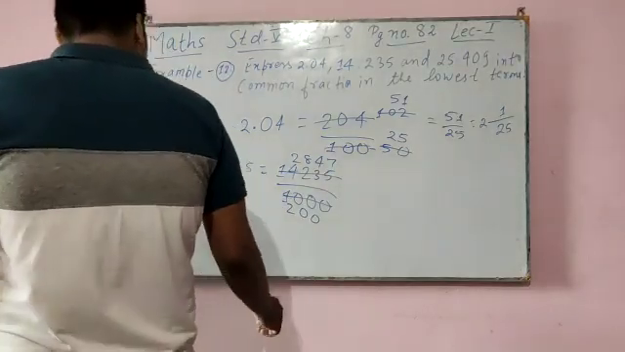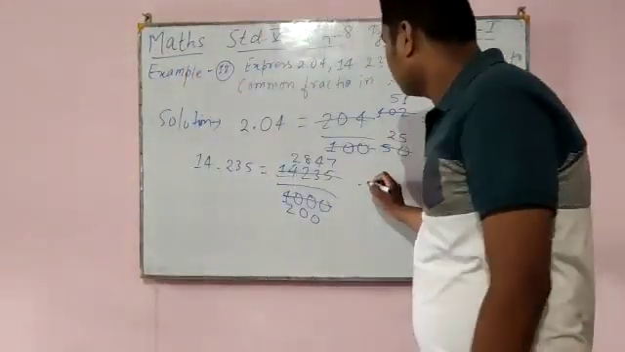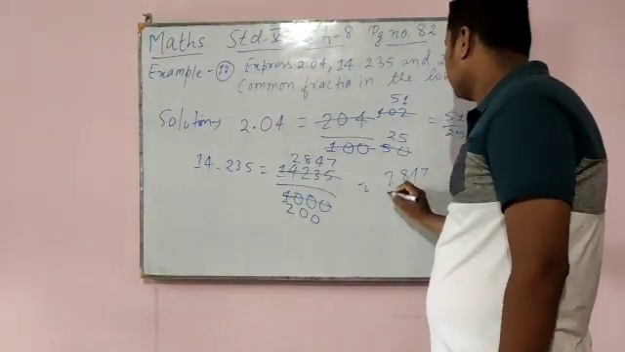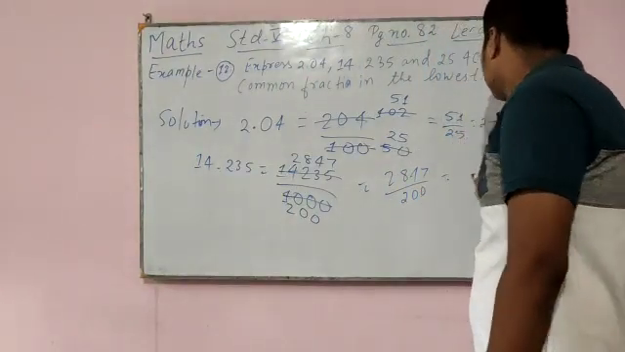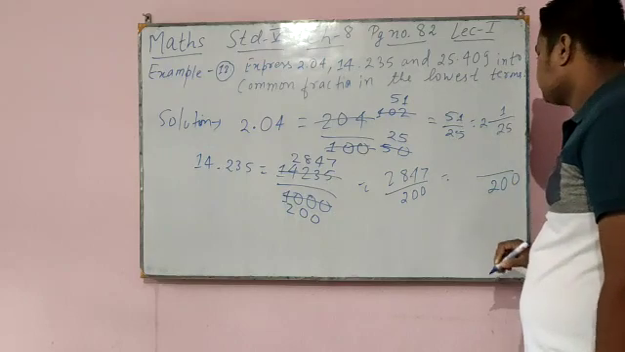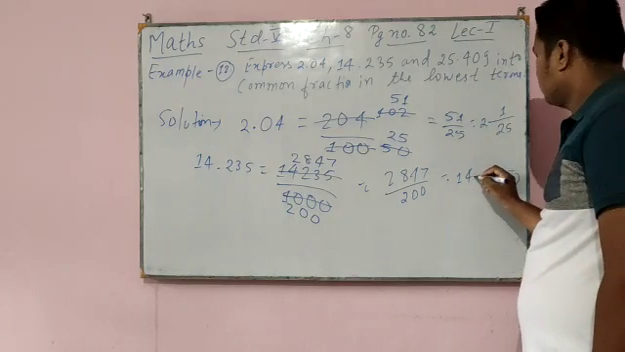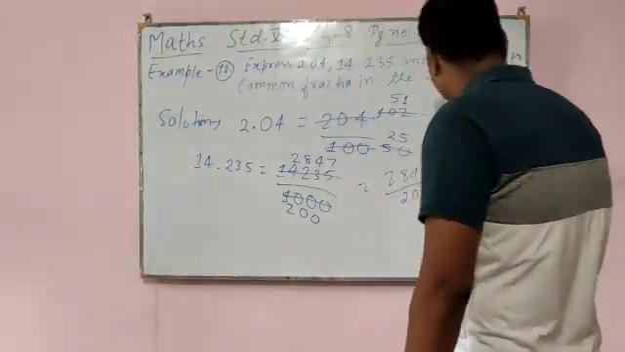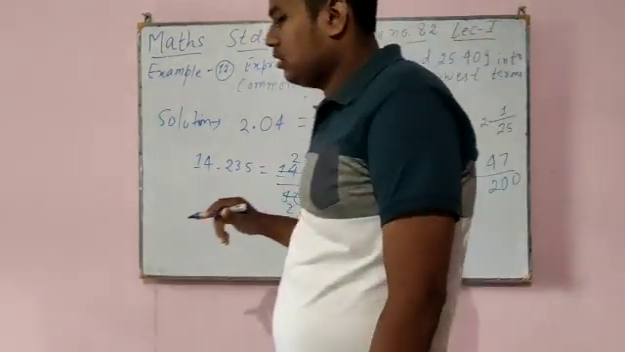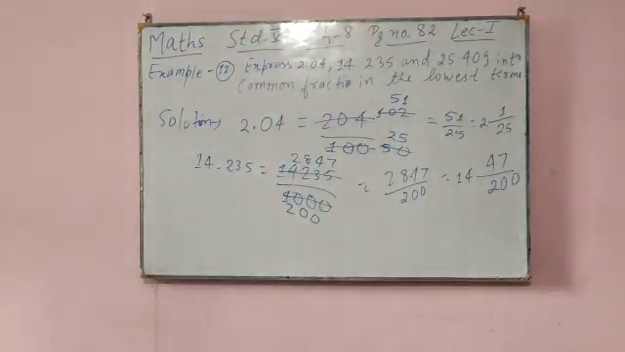Okay. So 2847 by 200 is there. Now try to change it into a mixed fraction. 14 and 47 by 200. Okay. Now we'll go to